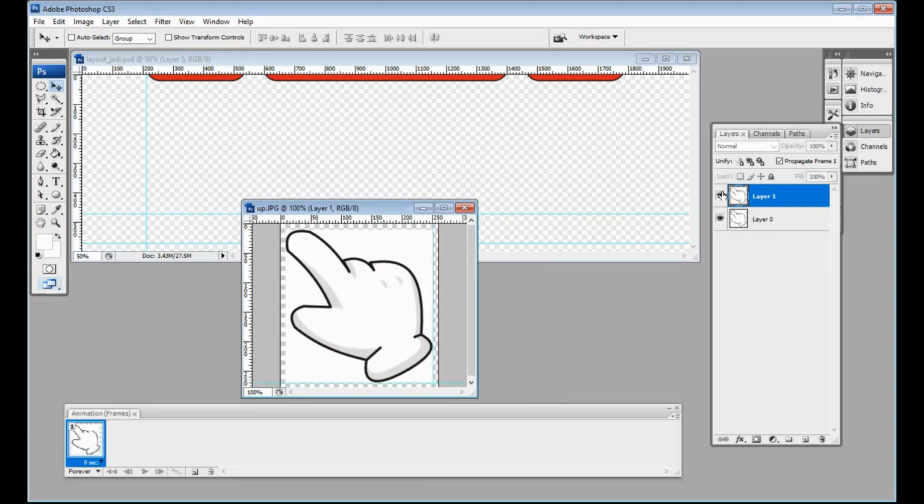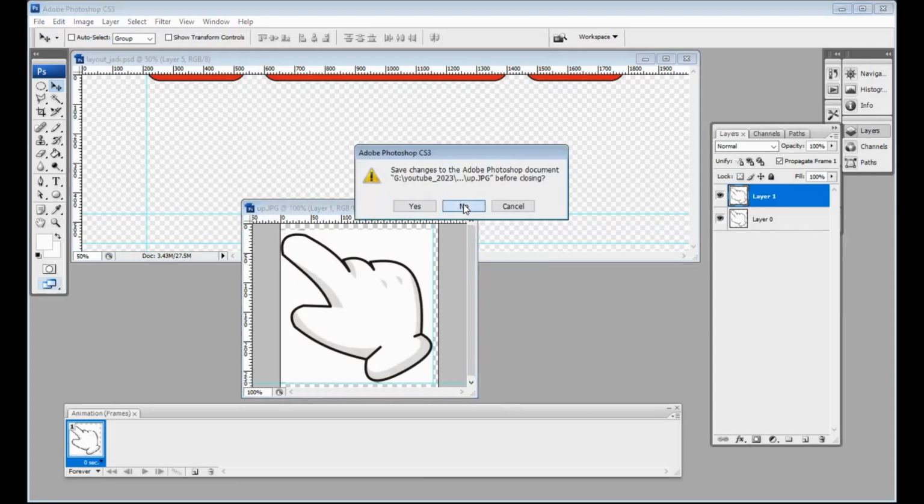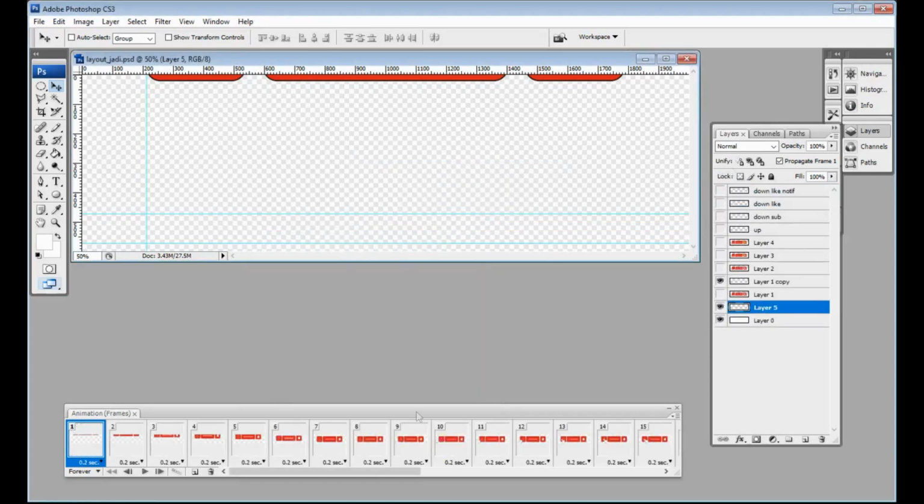You will see the steps of the bottom, how to push the like button, subscribe button, and notification. Let's try this scenario.